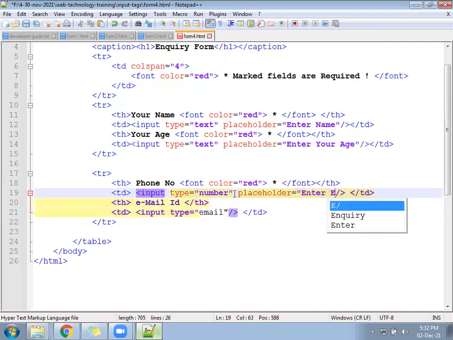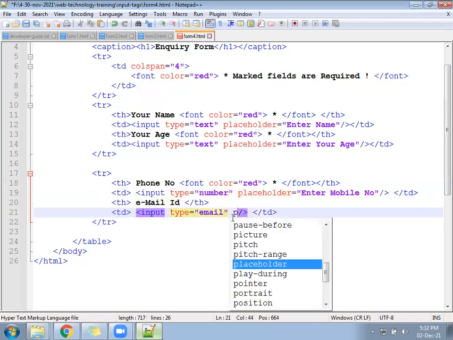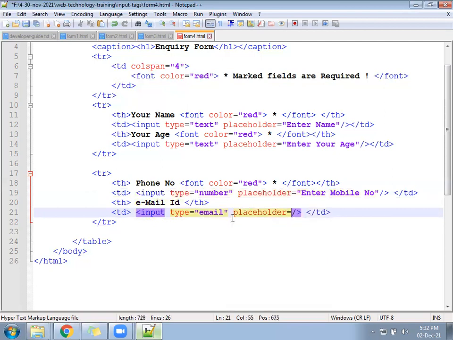Placeholder equal to enter phone number. Placeholder equal to enter email ID.